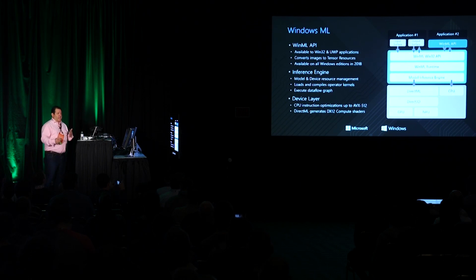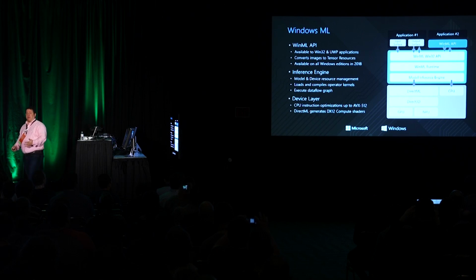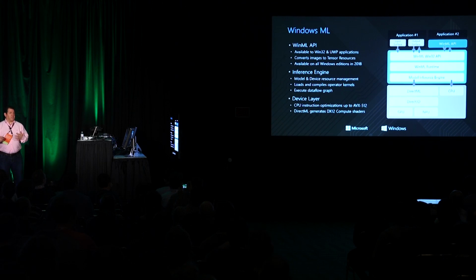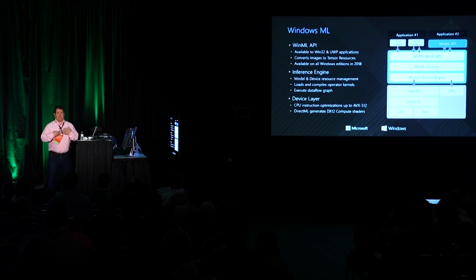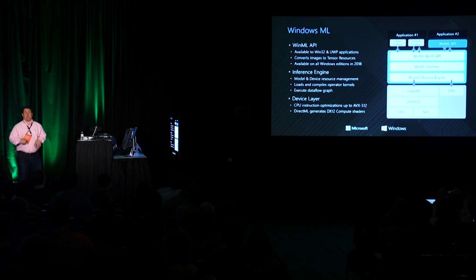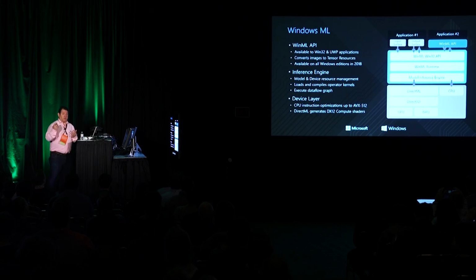Windows ML architecturally follows three basic layers. At the top layer are a set of APIs. Those APIs exist as core Win32 APIs. I'll show you a lot about that later. They're very similar to what you're used to in working with graphics. On top of that, there is a set of further application APIs that allow you to use them in a UWP application across the breadth of our technology at Microsoft. So you can run it in the store, you can run it on a desktop, you can run it anywhere. And the core goal is that Windows ML will show up in every Windows edition throughout this year. So what we have today is it will ship in desktop, and throughout the year, it'll keep filtering into all the editions that we have.